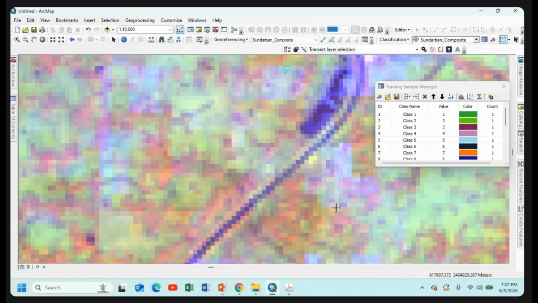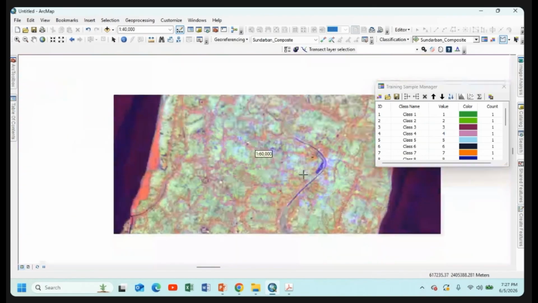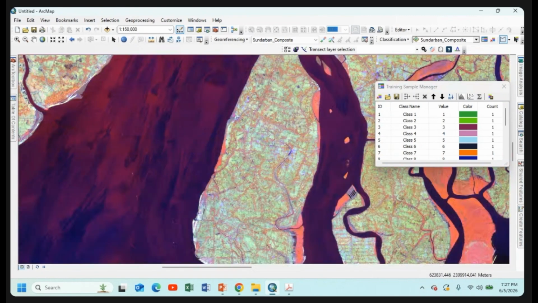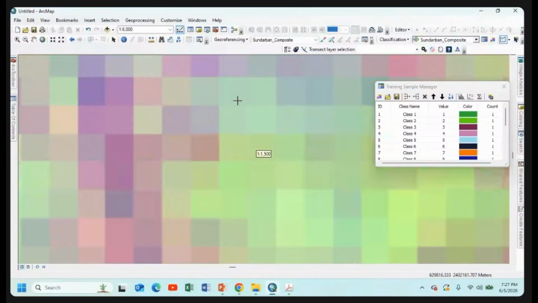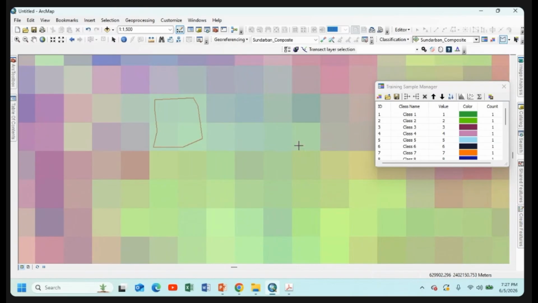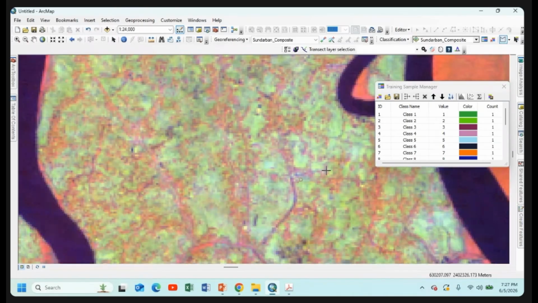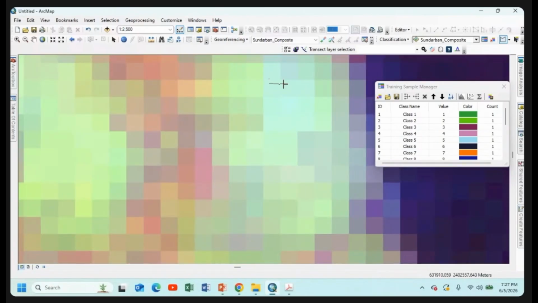I zoom out from this area because I'm not clearly visualizing the urban areas. Before collecting the training sample, you need to confirm your pixels. This is the primary condition to create an accurate land use land cover map. You confirm the area, or confirm the composition of any features. Wrong pixel identification gives you a low accuracy land use land cover map. So here are some urban areas observed.